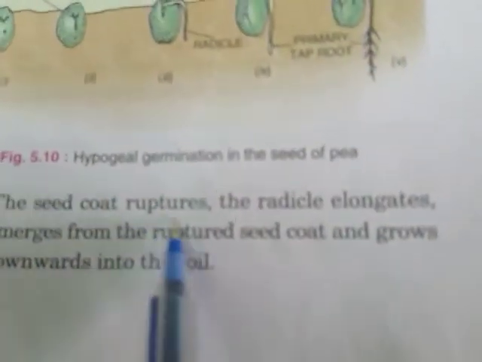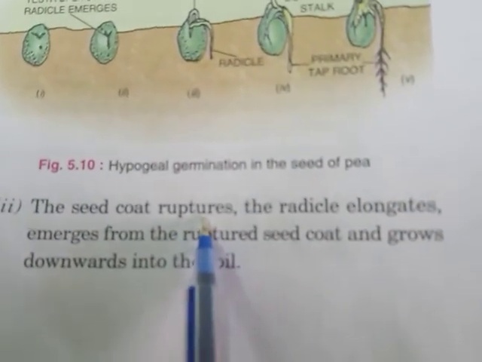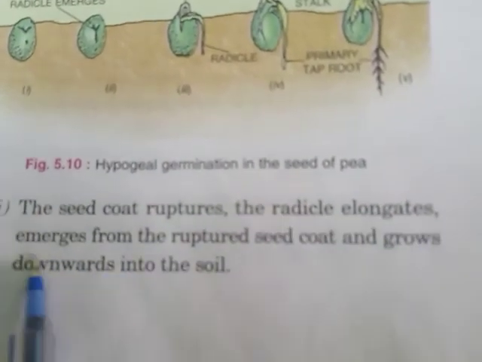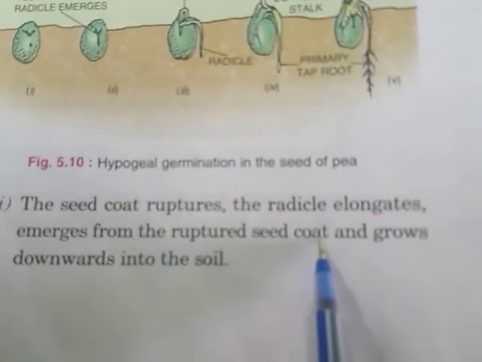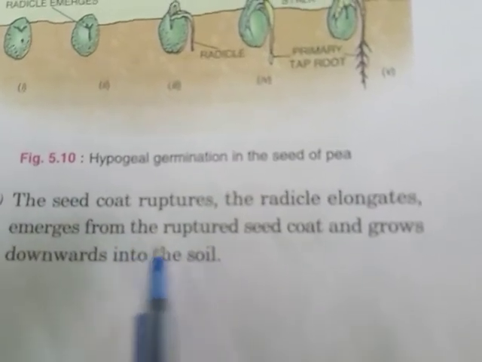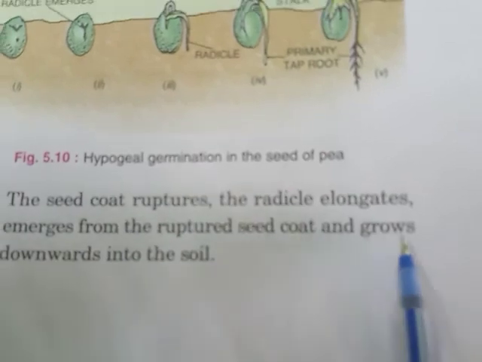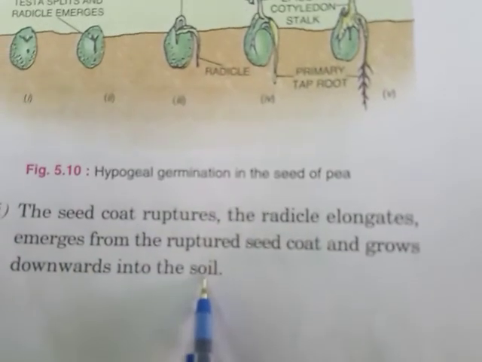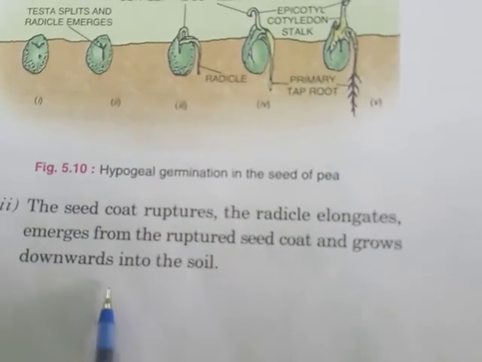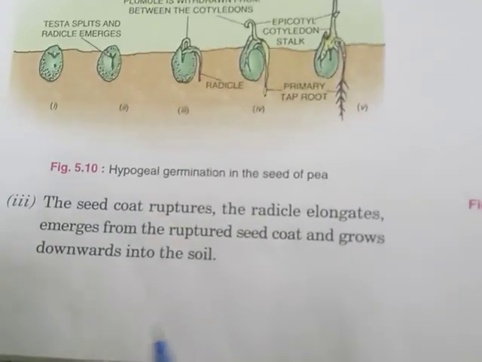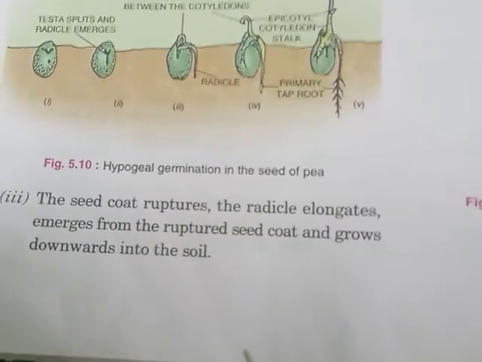Now the seed coat ruptures after absorbing water, the radicle elongates, emerges out from the ruptured seed coat and grows downward into the soil. Now what happens, the seed coat ruptures and the radicle elongates from the ruptured seed coat, and it grows downward